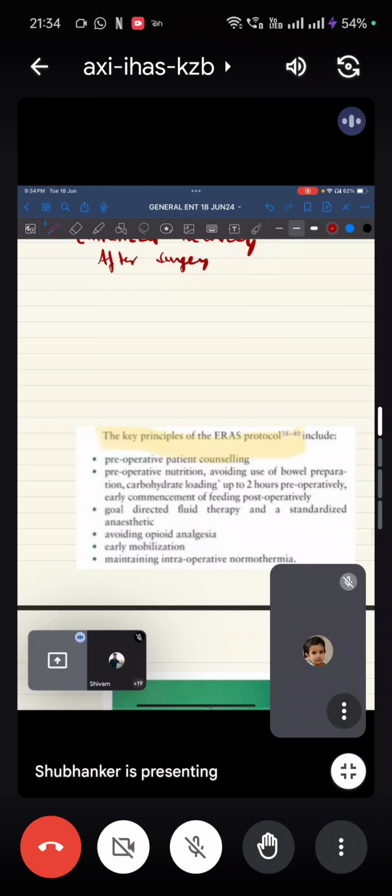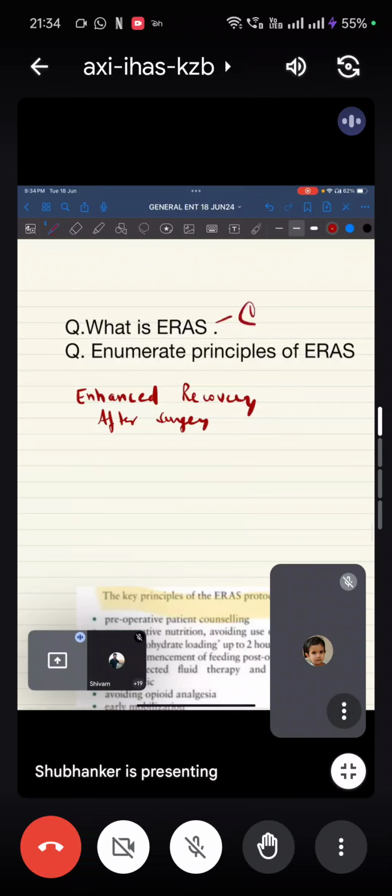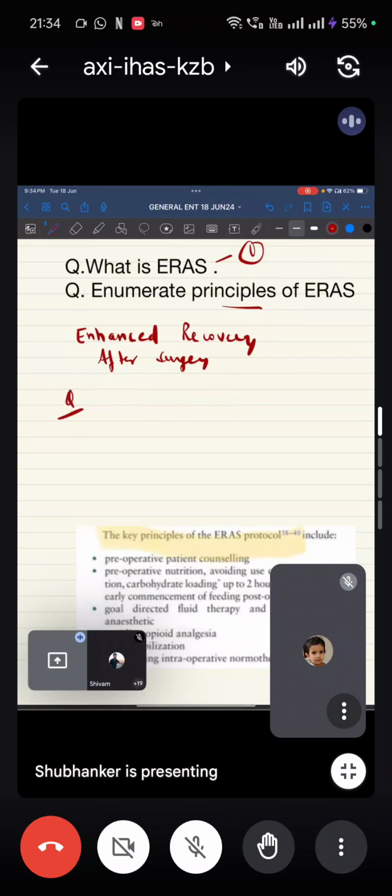Okay, so these are the principles of ERAS. Okay, please remember it. Again, see, I told you hematology is an important section, and this general anesthesia section of our ENT is again also important. Okay, so please remember, they can very easily ask you what is ERAS, enumerate the principles of ERAS. And third thing, in recent advances, there is jet ventilation,